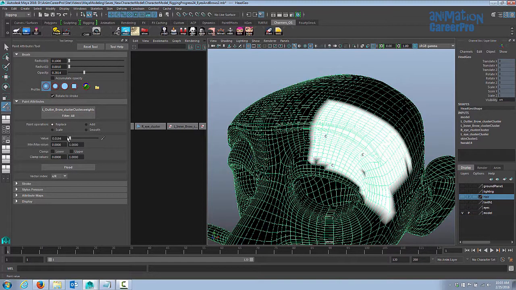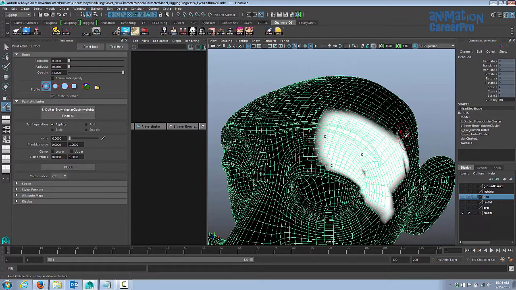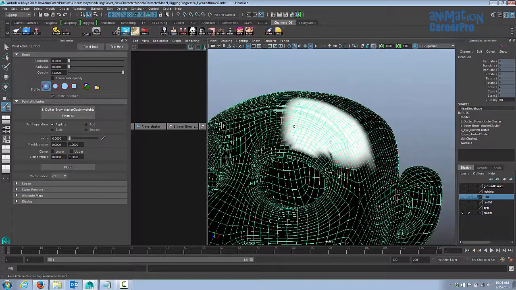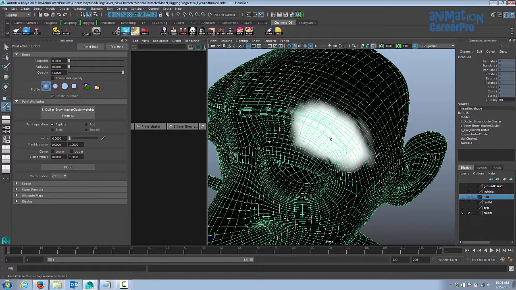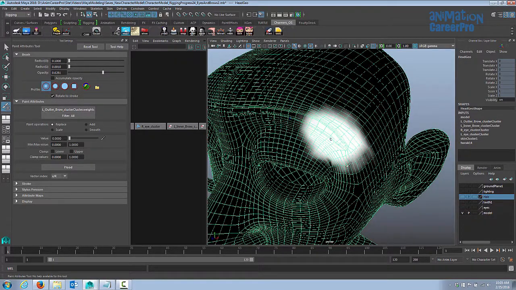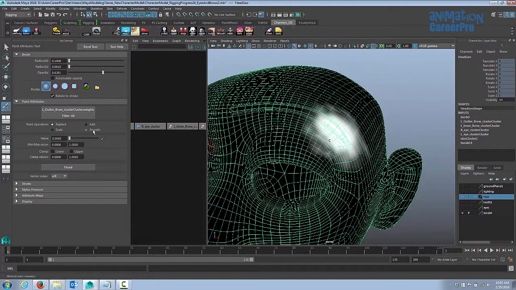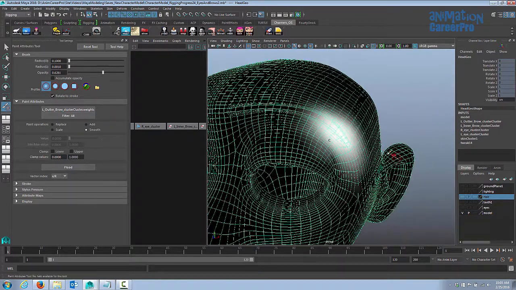So let's go to replace, cranked all the way to 0. We'll crank the opacity all the way to 1. Bring our brush tool out to about 2. So now we're going to flood smooth it. So we'll go to smooth and we'll flood it 5 or 6 times maybe. And let's select the cluster and see how it behaves.